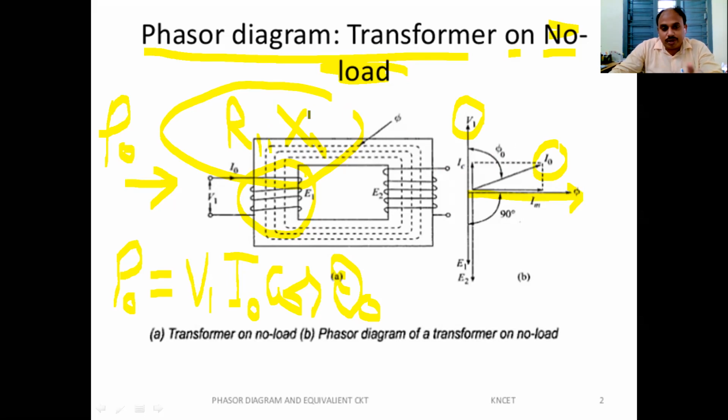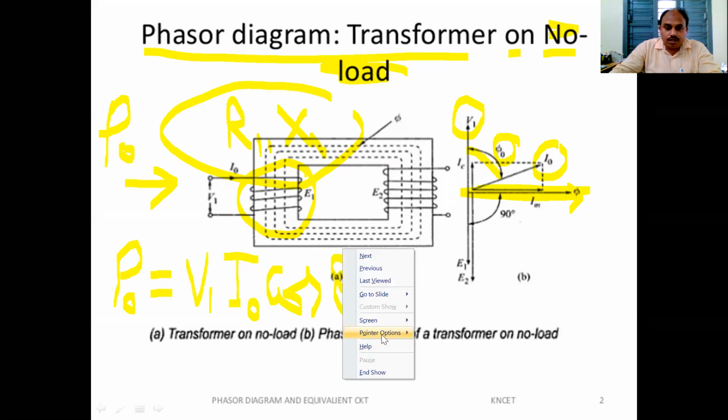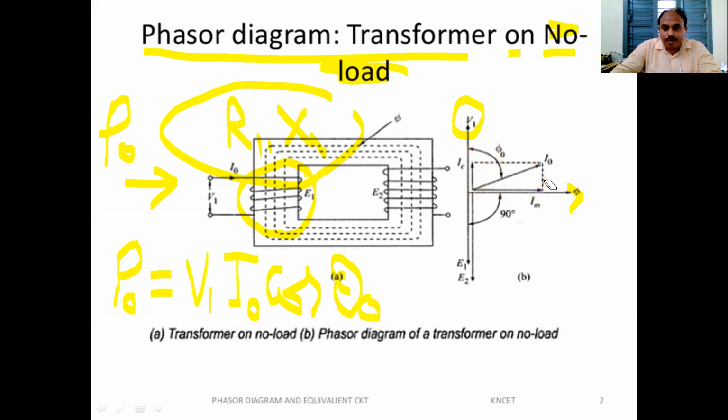If resistance equals 0, but some resistance exists in the transformer, right? So that's why this current lags behind by some value, not 90 degrees. It is having some value around 75 to 80 degrees. If the resistance of the primary coil is assumed as 0, this current is in phase with this flux. So this is all about the no load phasor diagram of the transformer.